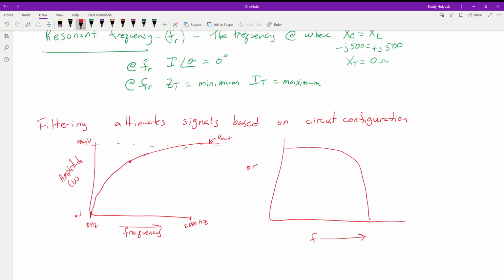Right here at this point, on the curve, and I drew these a little bit off scale, this point gives us some information. This point right here on our curve is our critical frequency location. This tells us what our critical frequency is. This is when we have 0.707 volts, negative 3 dB. This is what it looks like.